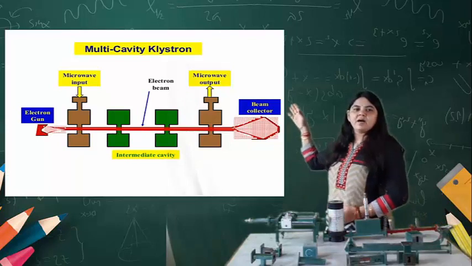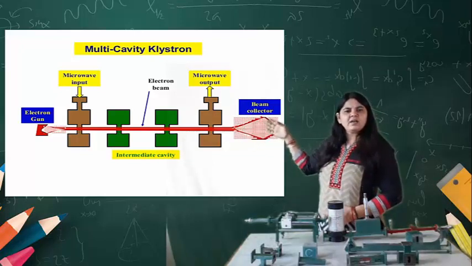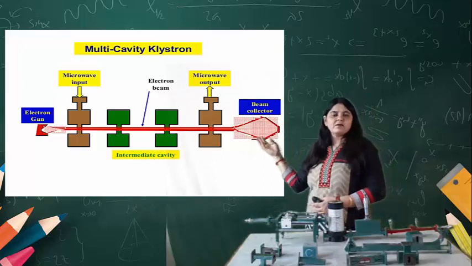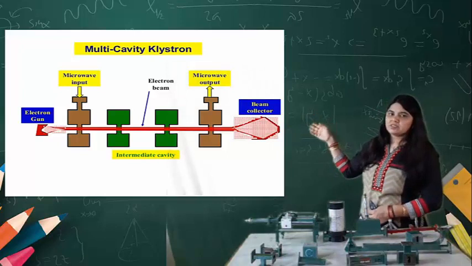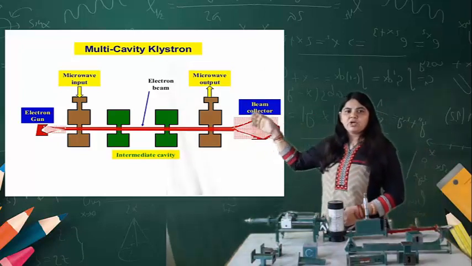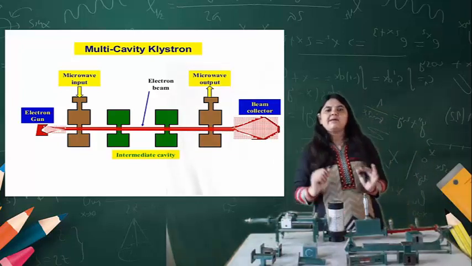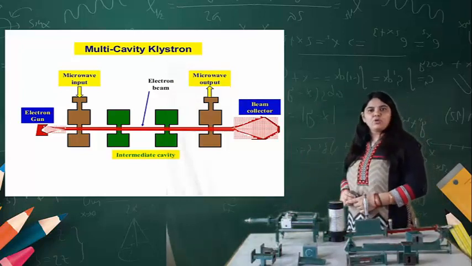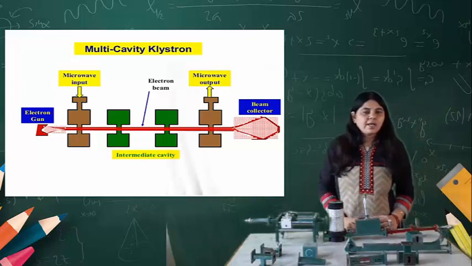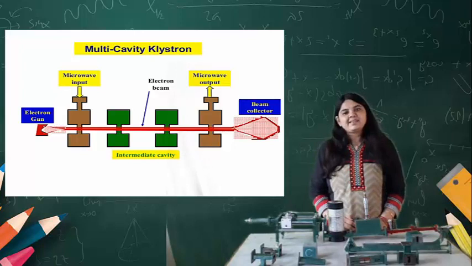So here you can see the diagram of the multi-cavity klystron. What is this? The electron gun is there. This is the beam collector, so all the beam can be collected over here. Here you can see the microwave input, electron beam, and microwave output. So we have multiple cavities, through which we are able to get higher gain. So that is about the